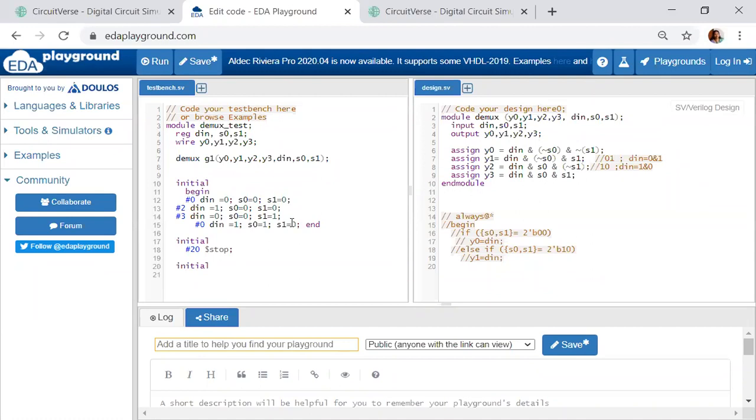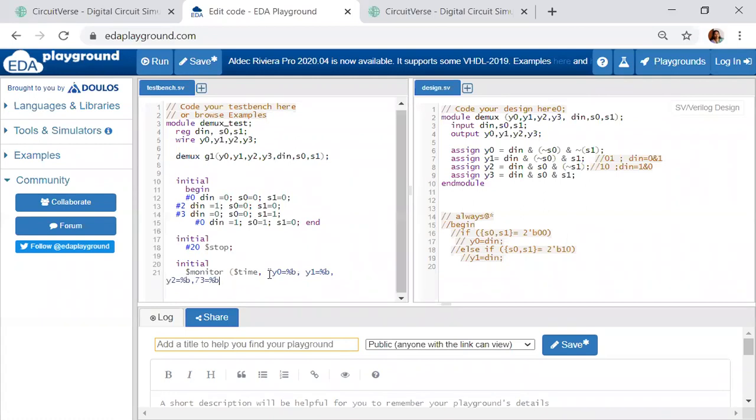The third initial is for $monitor, because I need to print the statement. $monitor, I need $time. Then I will write Y0 is equal to %b, then Y1 equal to %b, then Y2 equal to %b, then Y3 equal to %b.